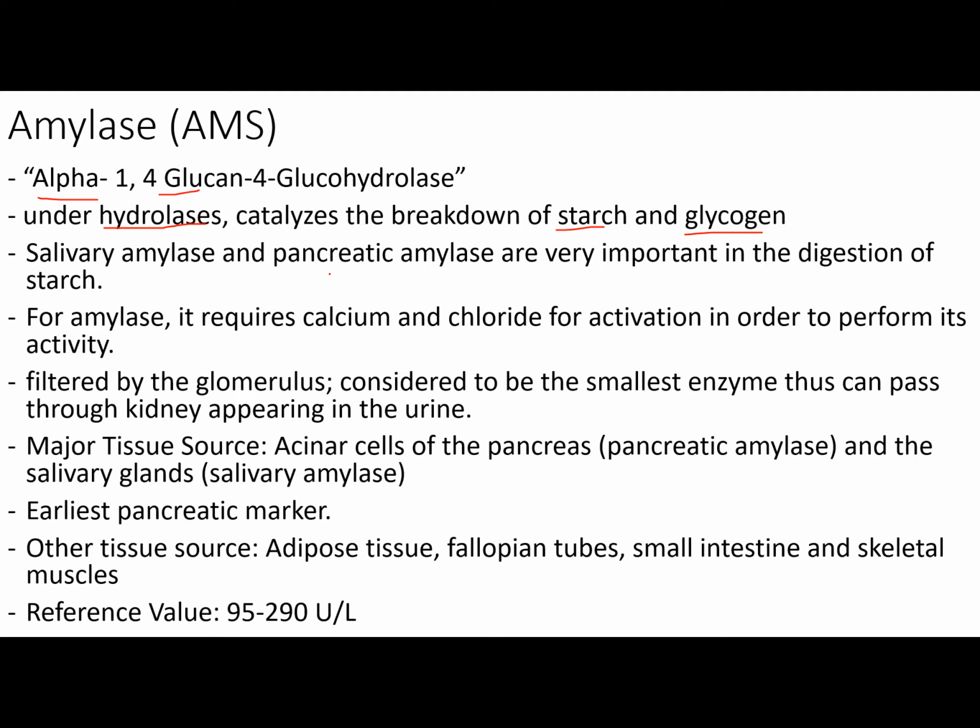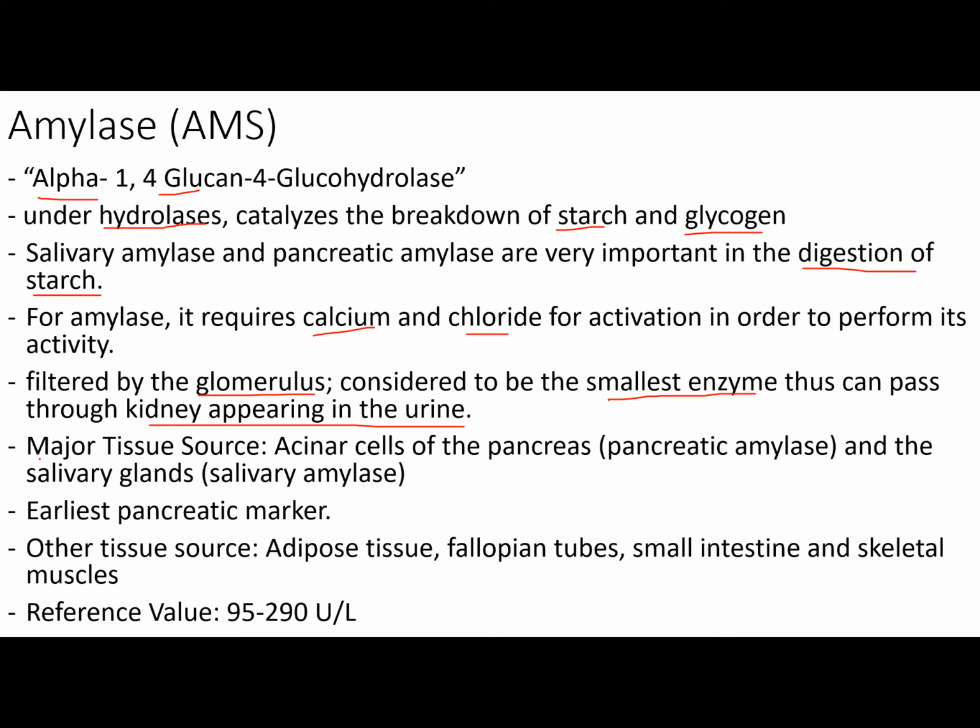Salivary amylase and pancreatic amylase are very important in the digestion of starch. Amylase requires calcium and chloride for activation in order to perform its activity. It is filtered by the glomerulus and is considered to be the smallest enzyme. Thus, it can pass through the kidney, appearing in the urine. It is the smallest enzyme, and because of its very small size, it can easily pass through the kidney,